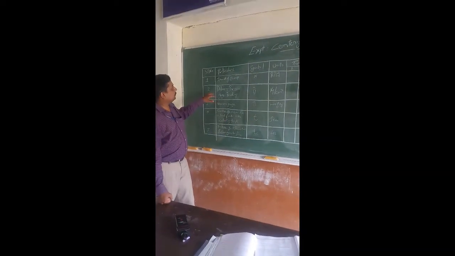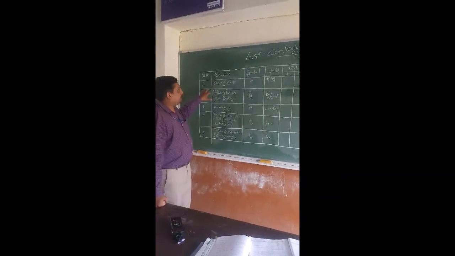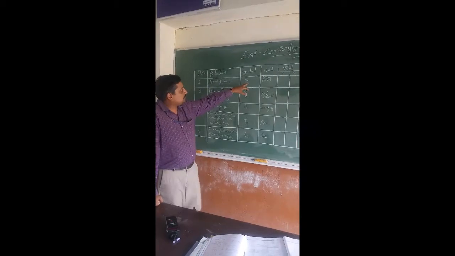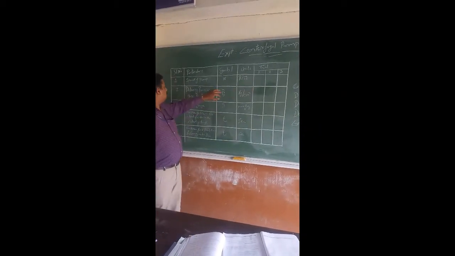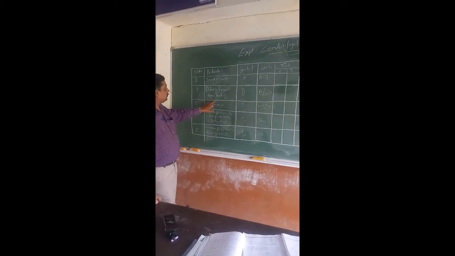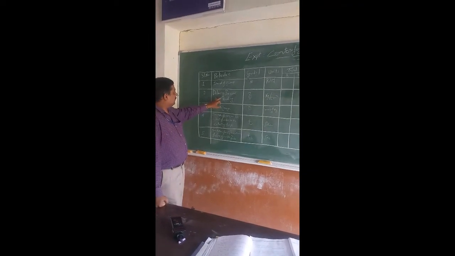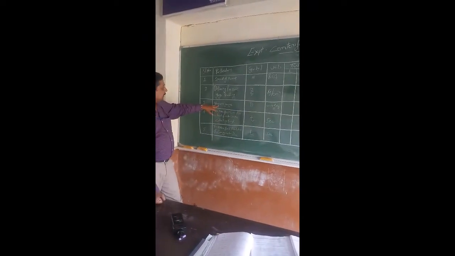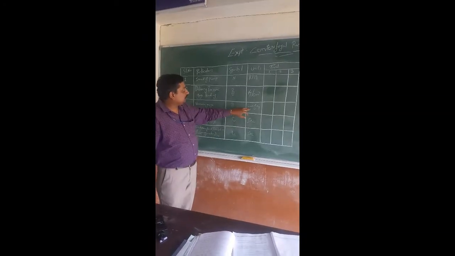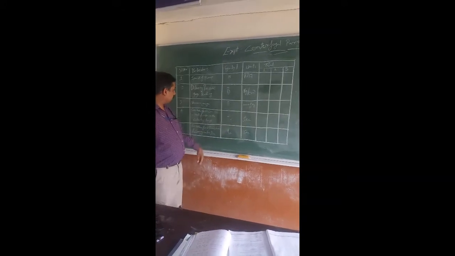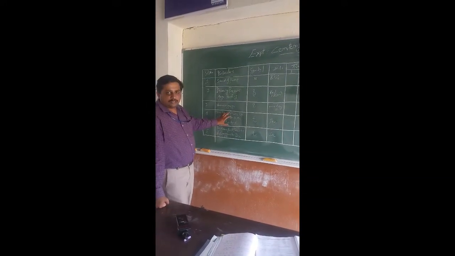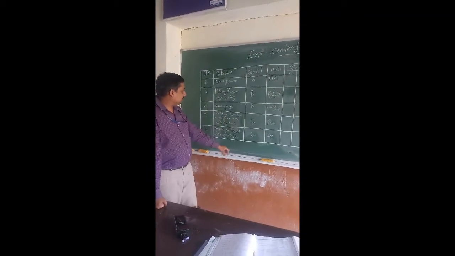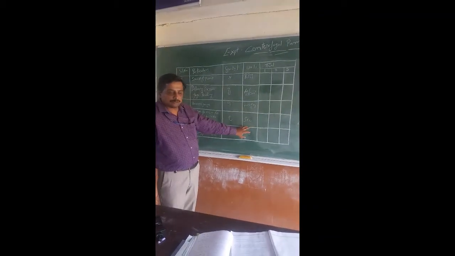Now we are seeing the observation tabular column for the experiment. We need the speed of pump, the symbol is N in terms of RPM, for 3 trials. You need to note down the pressure gauge reading, or delivery gauge reading, that is PG, in terms of kg per centimeter square. You need to measure again a vacuum pressure gauge, that is PS, the unit is in terms of mm of Hg itself. You need to take the reading in the collection tank for the rise of water of 10 centimeters, how much time it takes, noted in seconds.